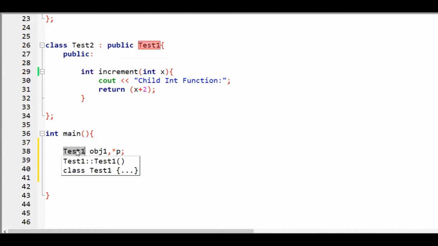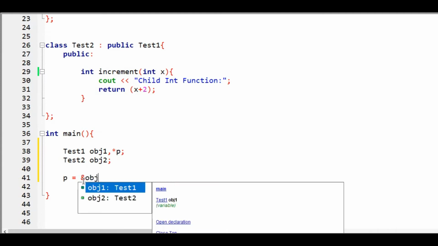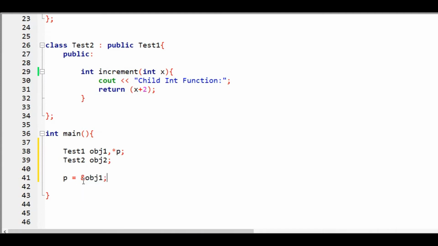A test1 type of pointer. It means p will hold the address of a test1 type of object, so p can hold the address of object 1. There is nothing magical about this. This is saying pointer p is a test1 type pointer which can hold the address of an object of the test1 class.